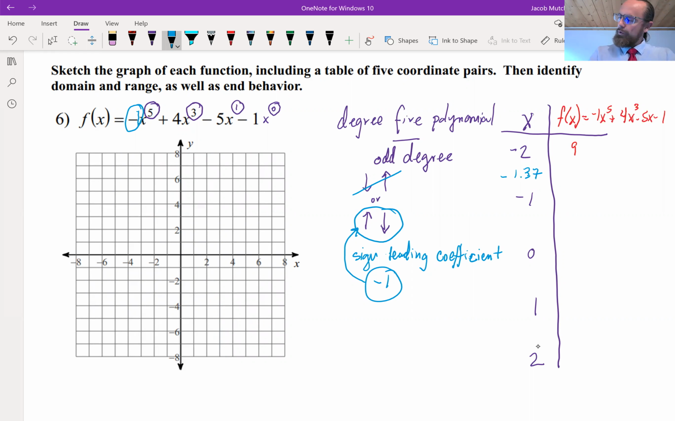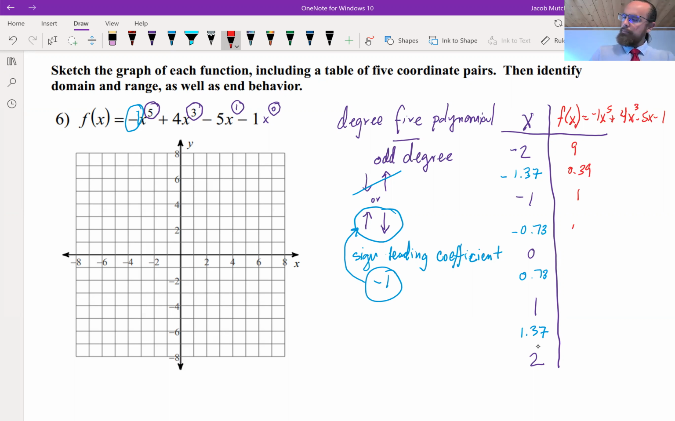In between -1 and 0, -0.73. We also had +0.73 and 1.37. We'll get the outputs then. So for this first one, -1.37, 0.39, -1 was at 1,